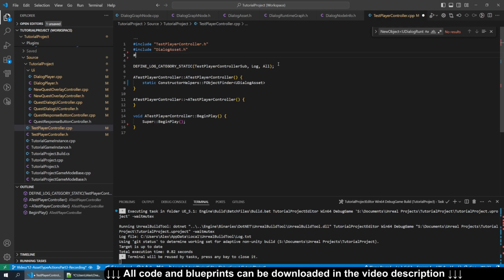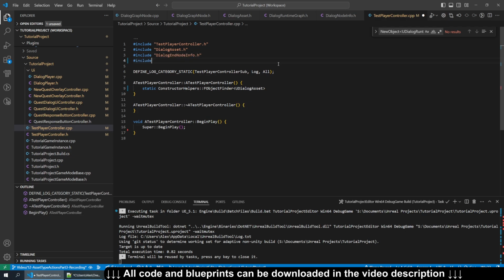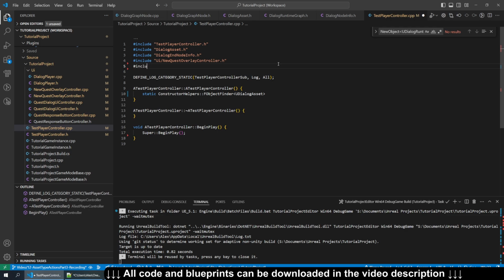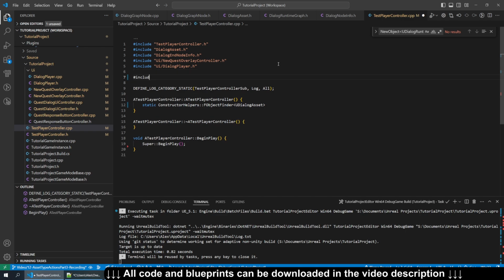And while we're up here, we're going to need a few more things as well. We're going to need the endNode info. We're going to need the UI controller. So UI new quest overlay controller. And we're going to need the dialog player. So UI dialog player. And we're also going to need to be able to use the text block when we're displaying the new quest. So textblock.h. That should be all the includes we need. And then back to the